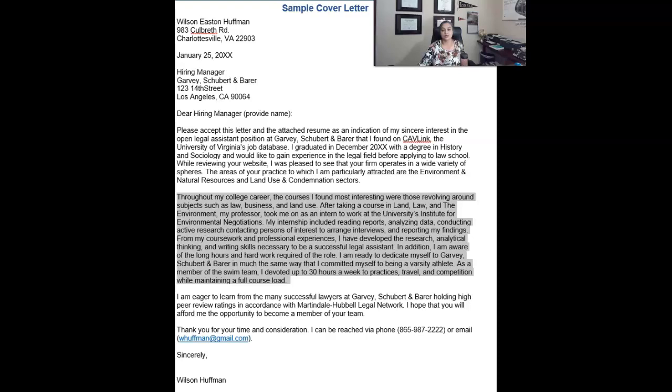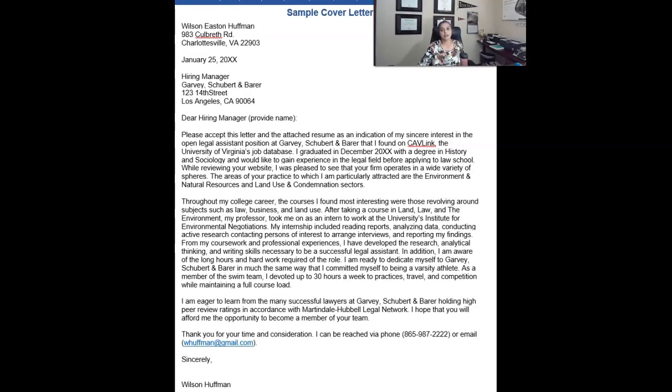Don't just list your course titles. Instead, describe how your academics and training have shaped you for the field. Always focus on the key components the employer is looking for. If you have work experience, in the next paragraph, you will share that information. Even if your experience does not directly relate to the skills the employer is looking for, talking about your work experience shows them that you are a hardworking and reliable employee.